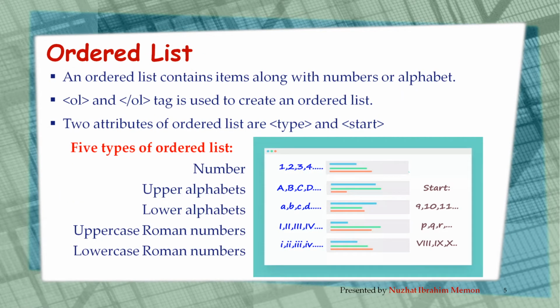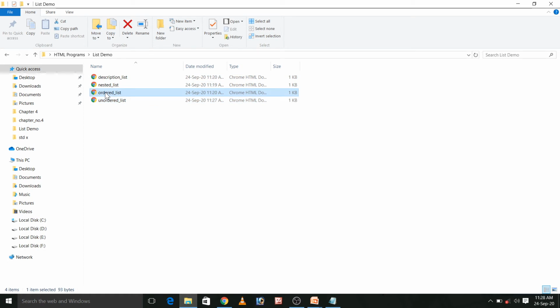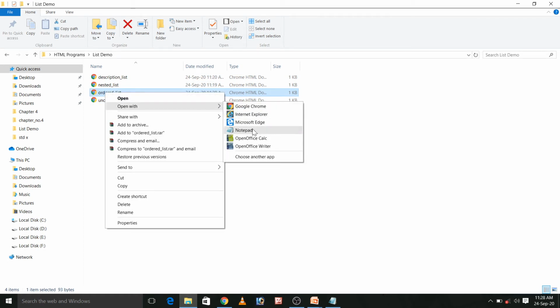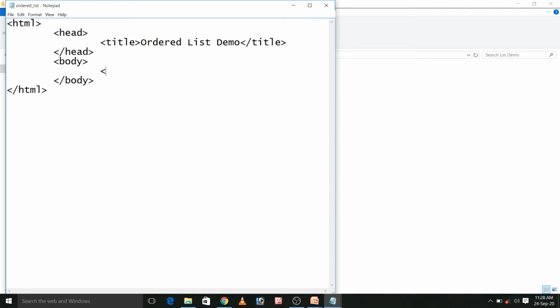As I told you earlier, ordered lists are used when the order of the items of the list is important. Ordered list can be numerical or alphabet or Roman number. Here we will do this practically. Here I will open this file, right click, open with Notepad. For ordered list you need to open the OL tag and here I will close the OL tag. And then I will list some items. Before listing any item, you need to get familiar with one more tag that is list header or list heading tag, that is LH. Here I will write week, day, something like that, and here I will close it.